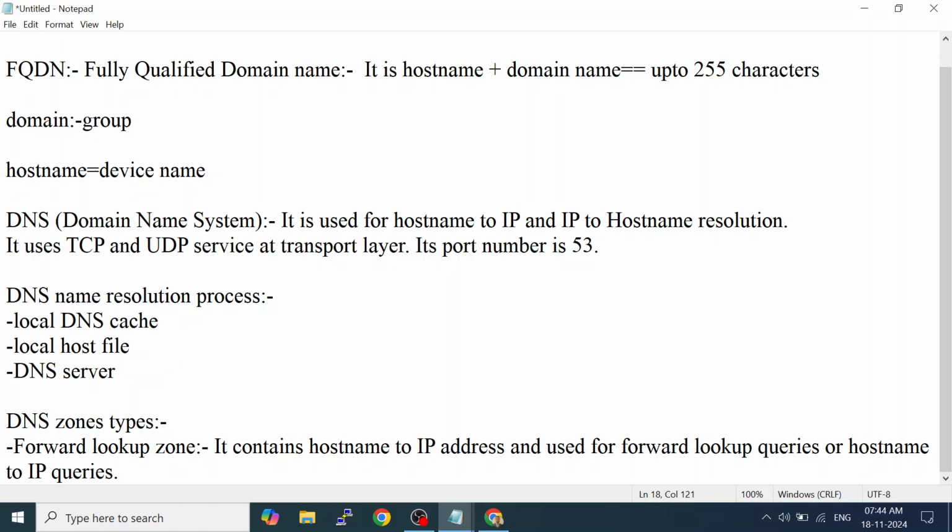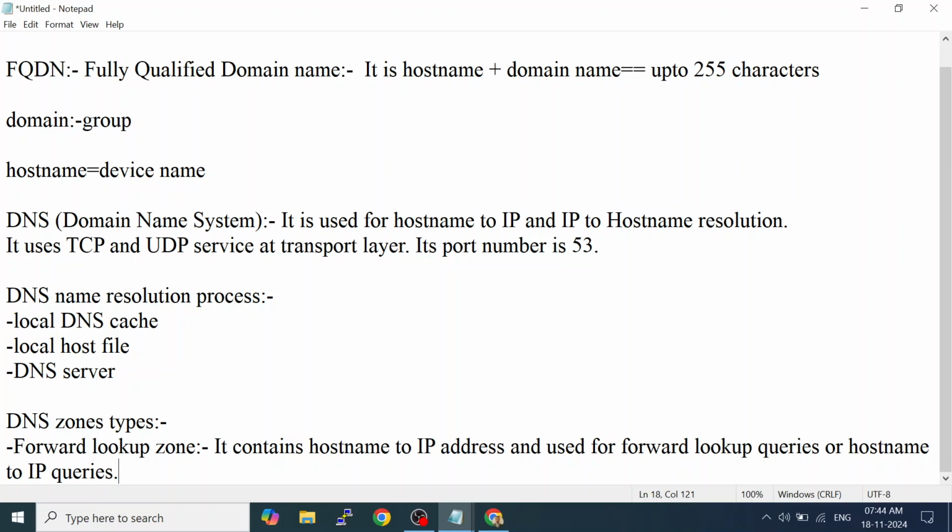In a forward lookup zone, first the name is added, then the IP address, and the database is arranged as per the name, in ascending order based on the name, not based on the IP address.